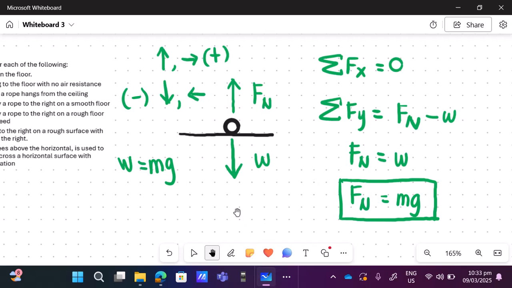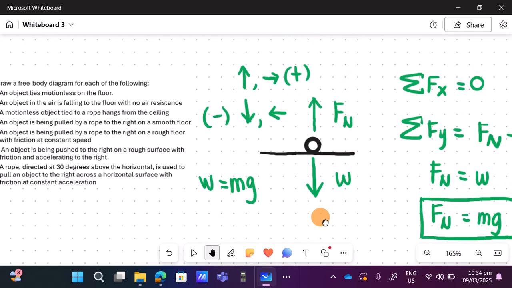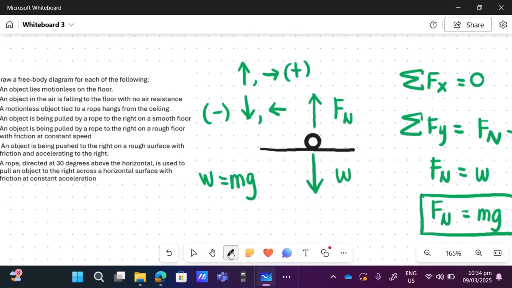Okay. Now you say, Miss, all that was asked for is the FBD. But if you think about it, the purpose of the FBD is to be able to understand the nature of the forces present as well as know how we're able to determine the quantities or whatever we're going to look for, so the magnitude of a certain force. So we know how to balance or set the equilibrium. Okay. Now, that's for number 1. So let me put numbers. So this is for number 1.